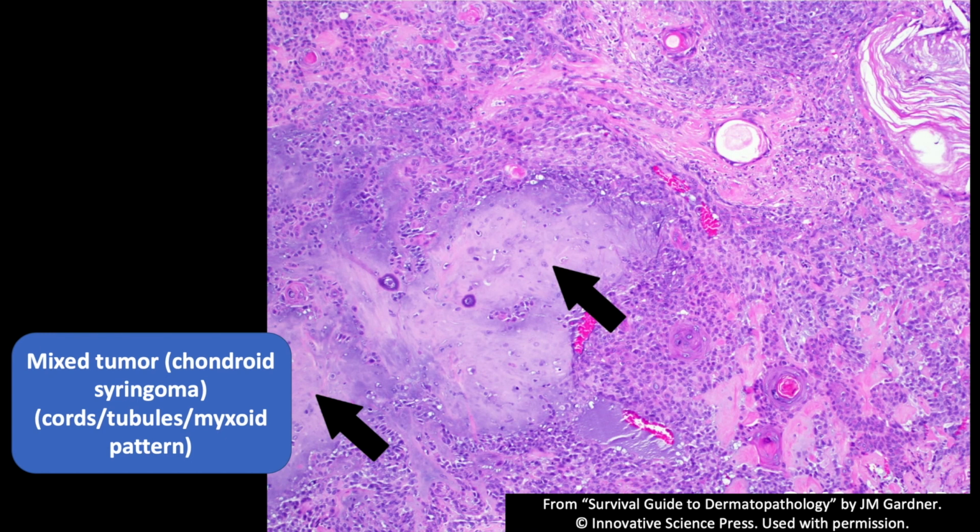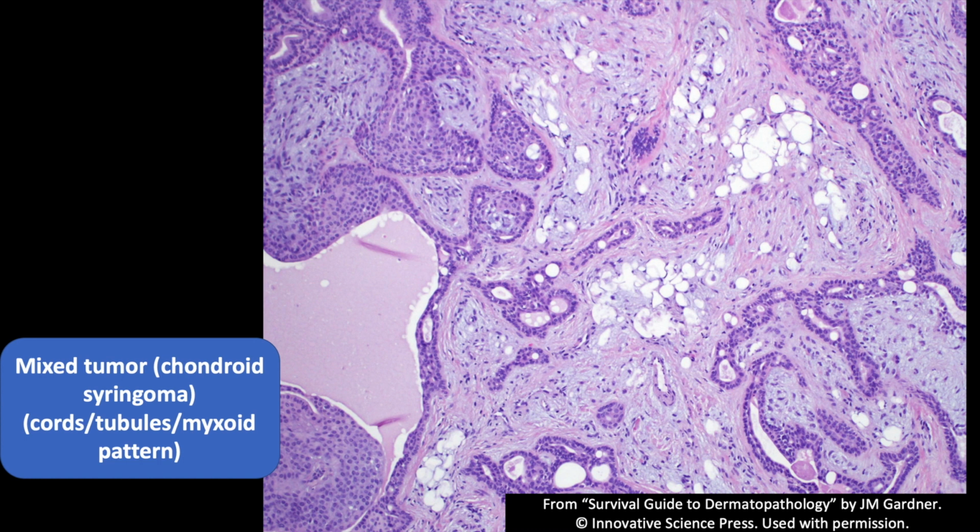or even bone. Other times, there's going to be no cartilage and just kind of a loose myxoid stroma, sometimes with adipocytes in it. And in addition to the ducts and tubules, of course, you're going to have areas that are sheet-like arrangements or little islands of myoepithelial cells hanging out in the background as well. And here's an example that doesn't really have any cartilage, but tends to have myxoid change and adipocytes in the